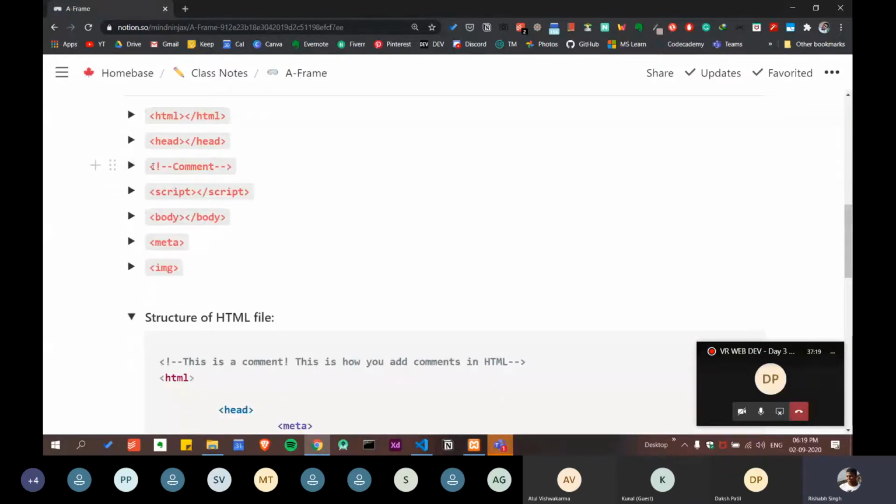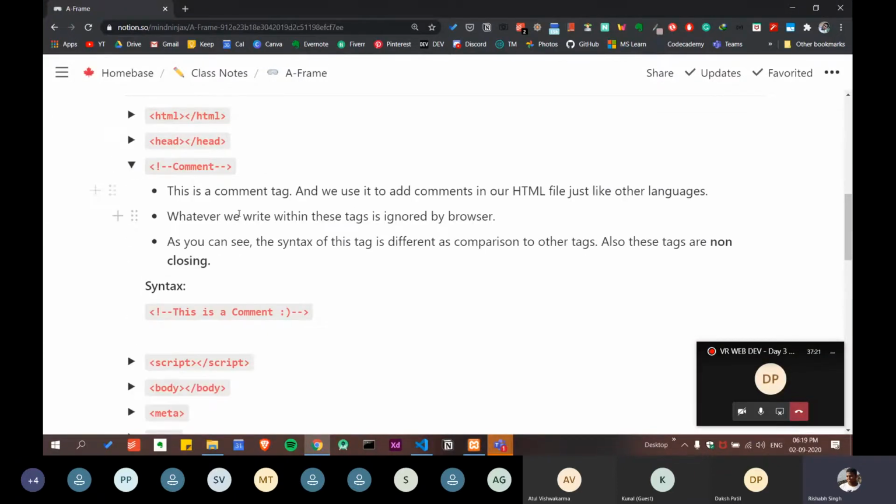And now we will see how to make comments in programming languages. We must be making them in Python and C. We have to make a lot of comments to understand what the code is about. So if we send a file to someone else, they will be able to work on it. Using comments, we can do the same thing in HTML also. As you can see, I have written one comment here, and the text is just "this is a comment" and a smiley. Okay, let's see what this is.